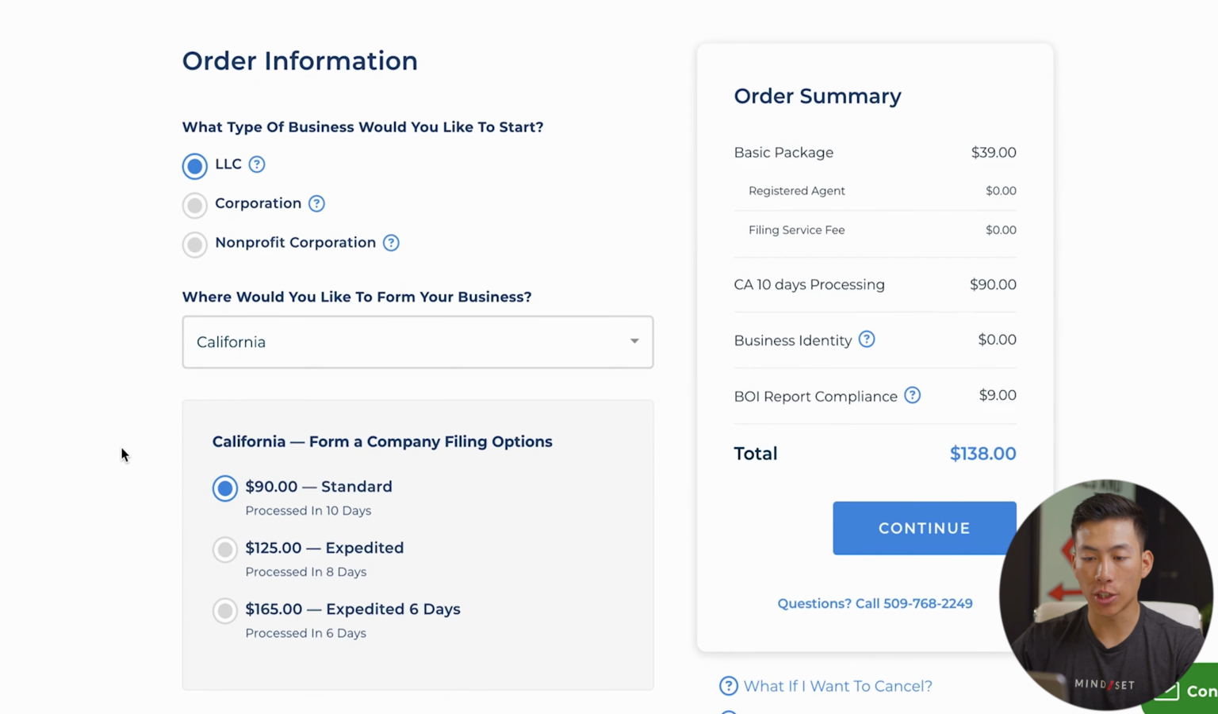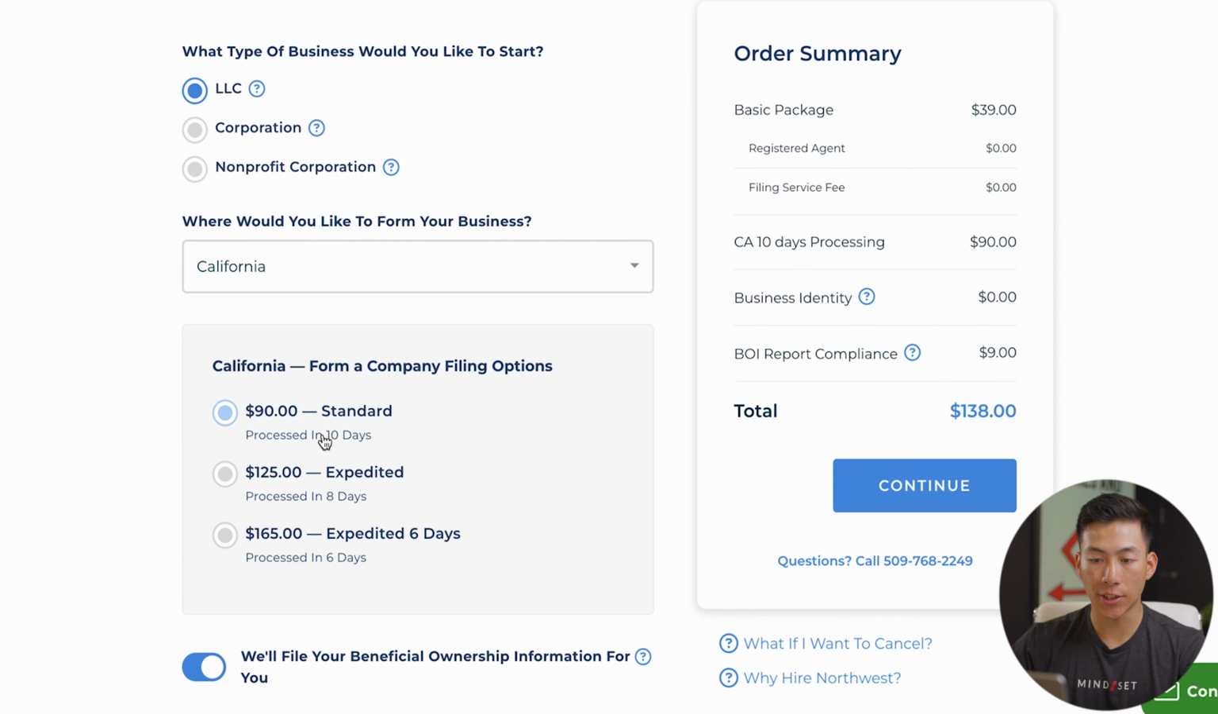And now they have a bunch of different filing options. So they have the standard 90-day processing filing fee. And they also have the $125 expedited and the $165 expedited. Now keep in mind that this is a processing fee that you're going to have to pay regardless. So whether or not you start your LLC with Northwest or without, you're going to have to pay that $90